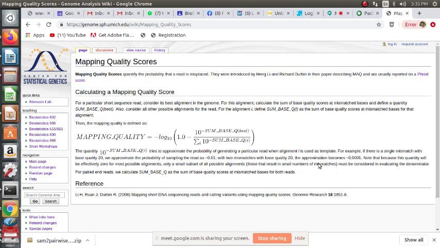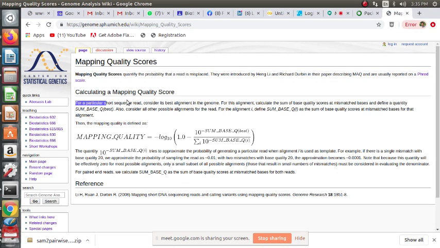Note that because this quantity will be effectively 0 for most possible alignments, only a small subset of all possible alignments, those that result in a small number of mismatches, must be considered in evaluating the denominator. For paired reads, we calculate sum_base_q as a sum of base quality scores at mismatch bases for both reads. So how is the MapQ defined?